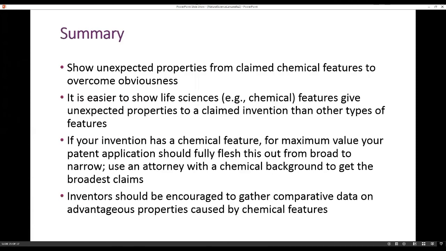So, summary of my points today: you can show unexpected properties from claimed chemical features to overcome obviousness. These properties don't have to be in the claims, but they can be. It's easier to show that chemical features give unexpected properties than other types of features. So if your invention has a chemical feature, you should be thinking about this, and you really should flesh it out from broad to narrow for maximum value. This may take a little extra time, and you may need to find a patent attorney that can do this, but it's oftentimes worth your while to get the most value out of that patent application, to get the broadest